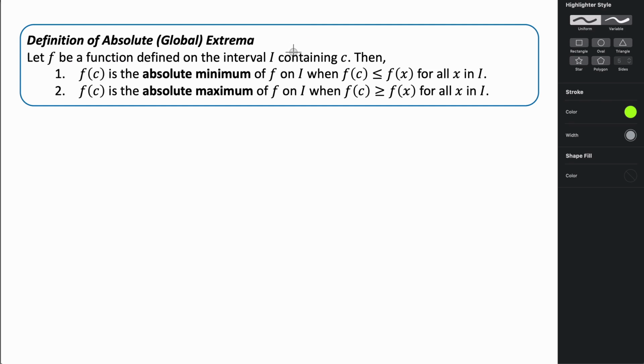In this video, we're going to be taking a look at finding extrema. And extrema are just another name for maximums and minimums. So the first type of extrema that we're going to be looking at is something called an absolute or a